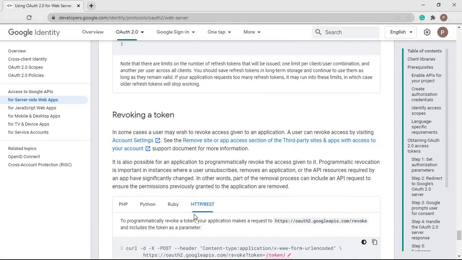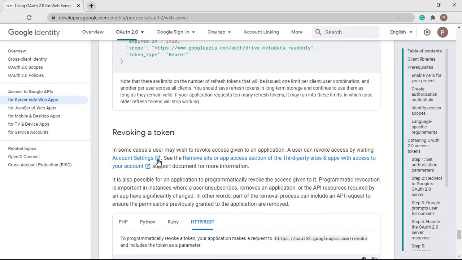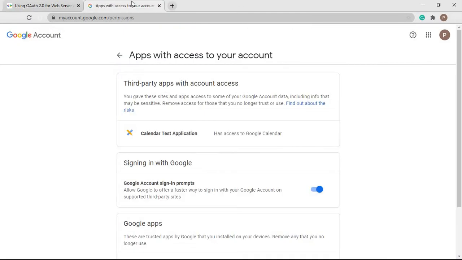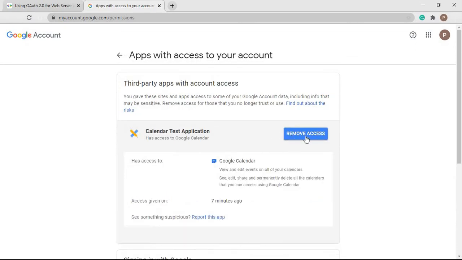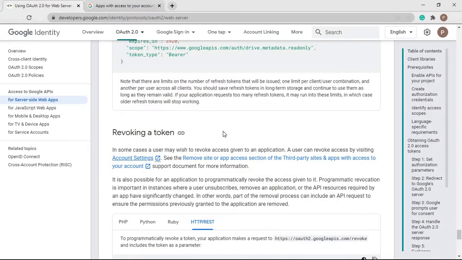Sometimes our application will provide an unsubscribe functionality. In such cases, we have to revoke the access token, which will remove our application from the user's account. We can do it manually by visiting myaccount.google.com, and inside the security section, we will find the permissions. From here we can see we have an installed application called calendar test application, which we have created. Now we can remove it from here,